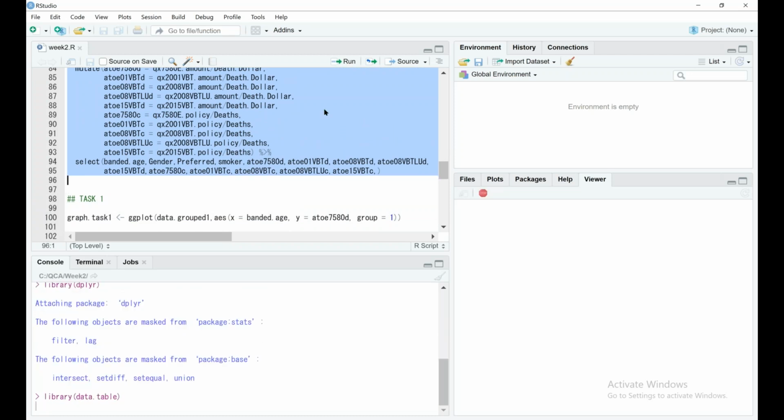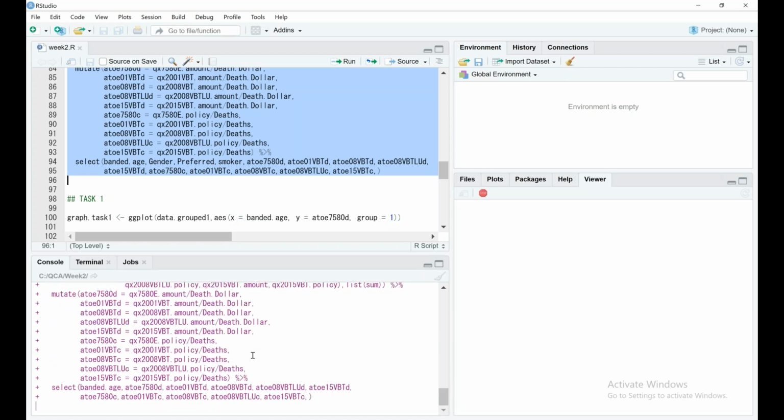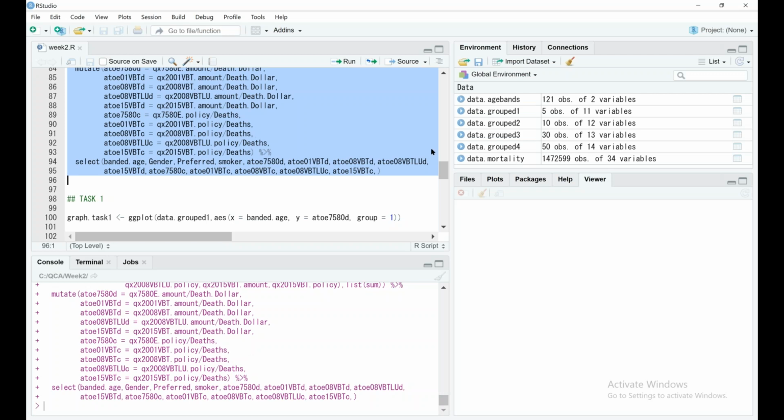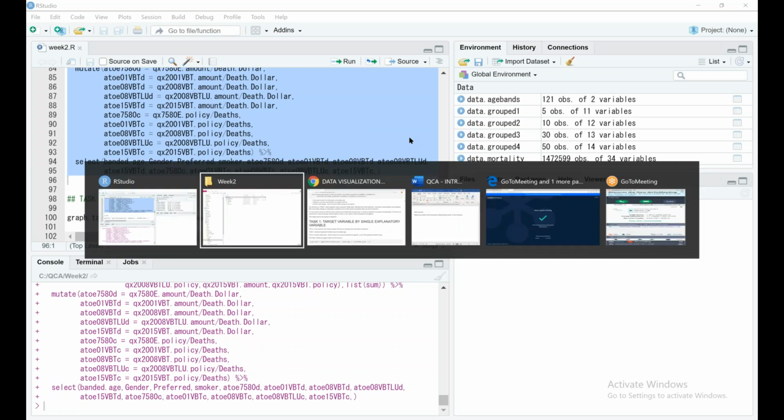Data prep for task 4. So you see it's running. Once it's done, we've grouped our data and we've created the objects that we're going to visualize in later tasks today. So next,